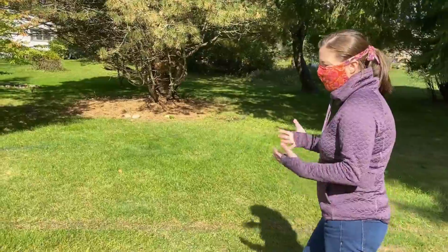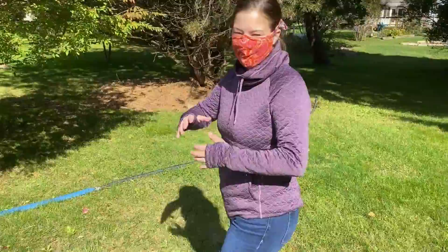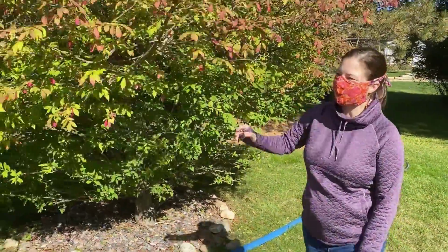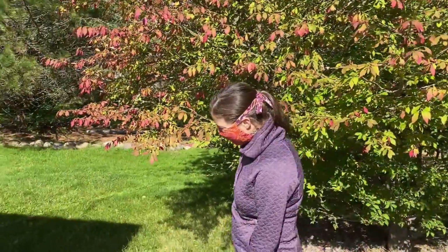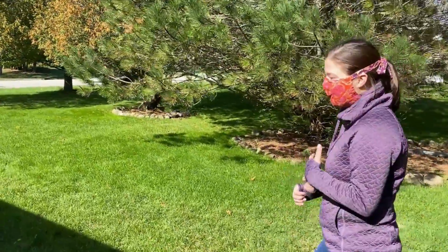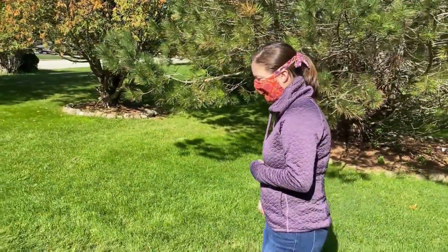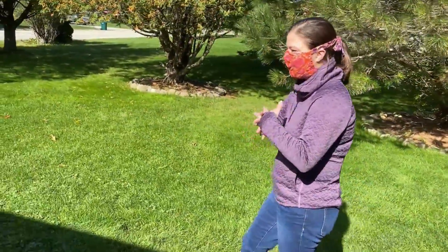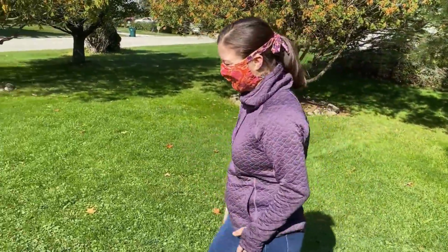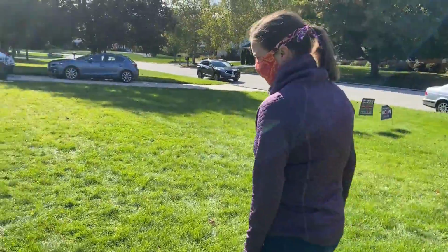But I think this is what a lot of people get put into, is you see the classic neighborhood with big sprawling green space and a bunch of burning bushes and barberries and kind of the classic suburban areas. So we started by taking out the barberries because there's a park across the way, one block in, that is a naturalized area, except it's completely covered with barberries. So we wanted to make sure that we weren't contributing to that. So we took out 4 barberries that used to be here,